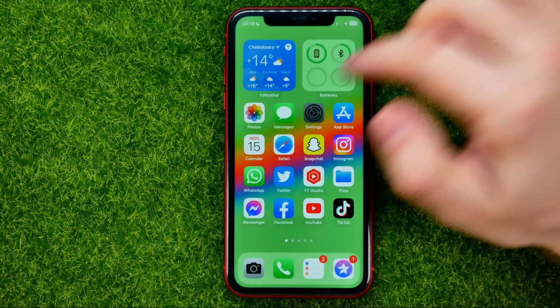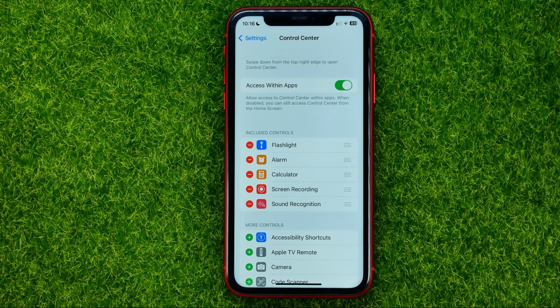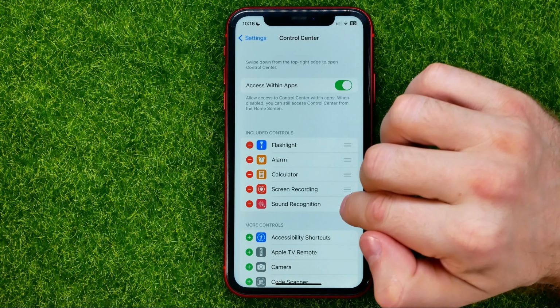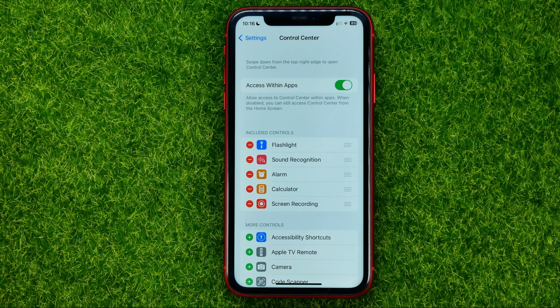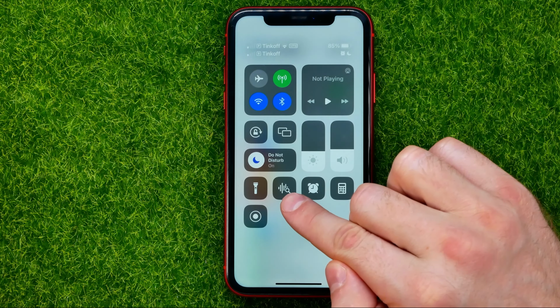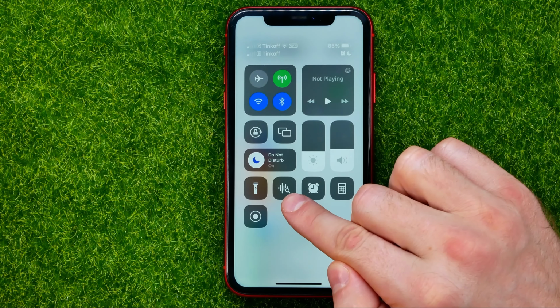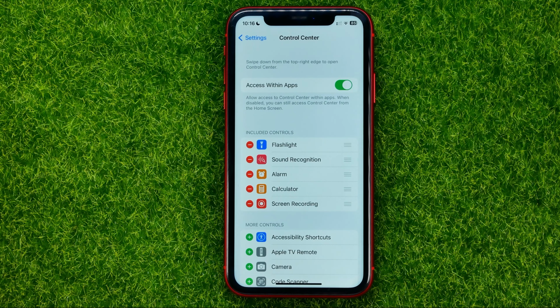Also, right from here we can change the order of these shortcuts. All we have to do is just drag them up or down in that way, and that will also change the order of shortcuts at the control center. As you can see now, sound recognition shortcut located at the second position,